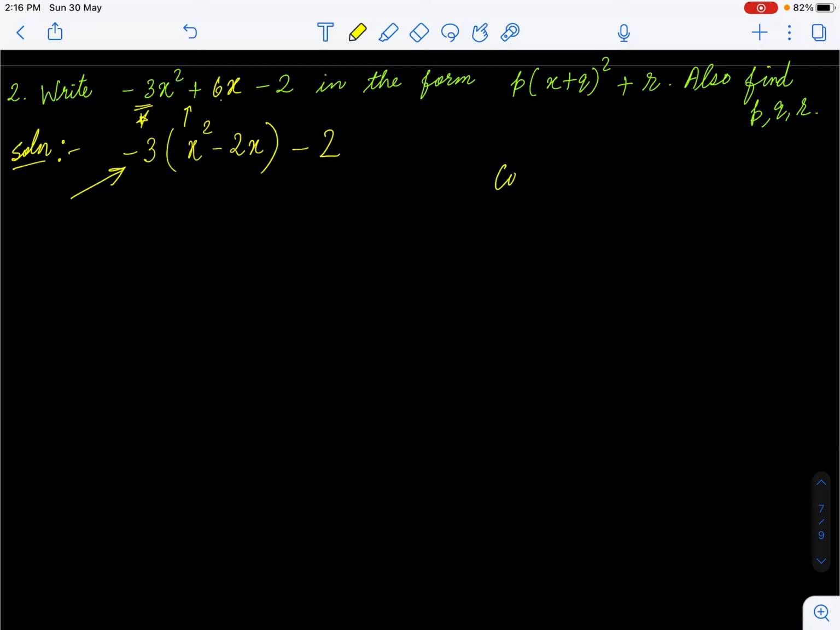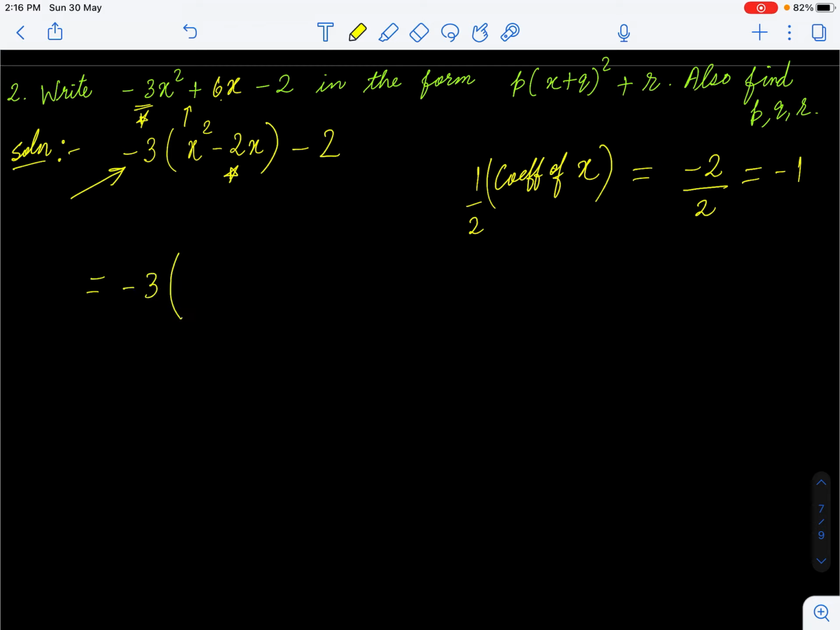We are going to find coefficient of x by 2. So what is my coefficient of x here? You can see my coefficient of x here is minus 2. This is my new coefficient of x, you can say. So this will give me minus 1. So hence,